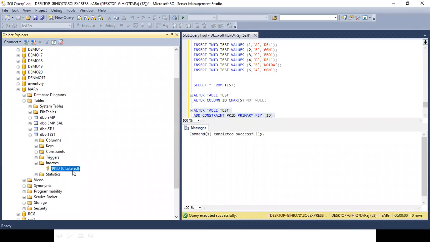This indexing. PKID is the name which I have given, and the clustered index has been created. Clustered index.